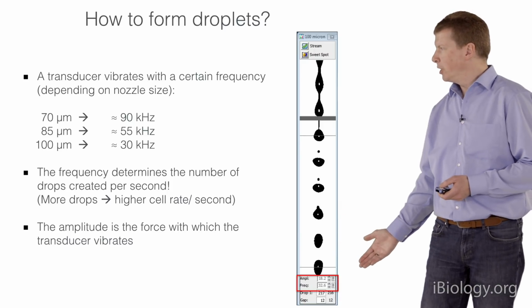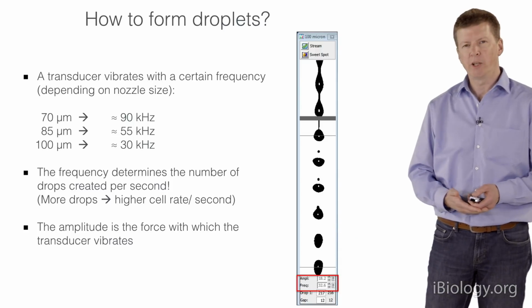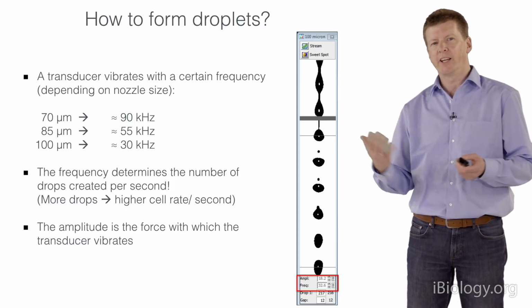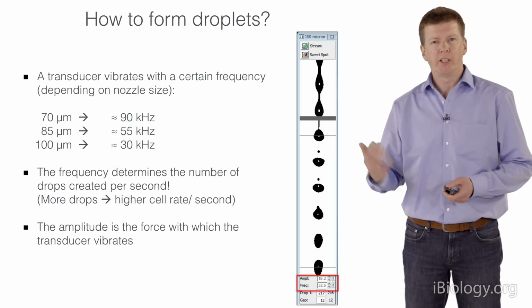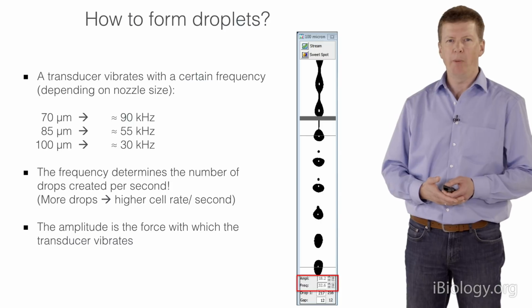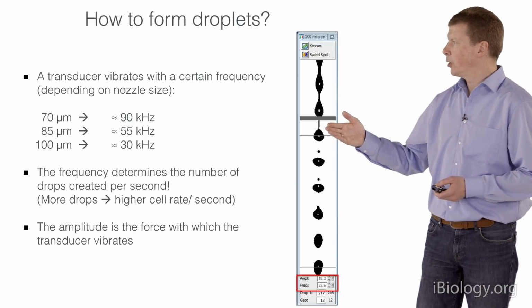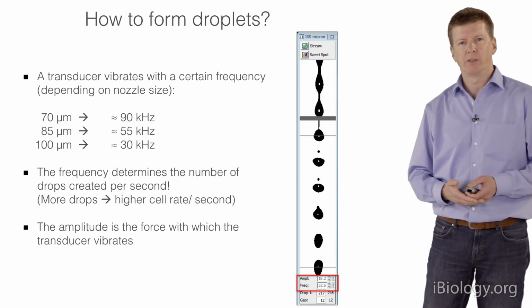There are different possibilities how to control our droplet break-off. One of them is the amplitude, and again, when you think about a loudspeaker, the audibility of the tone would be comparable here to the amplitude, to the force we are applying to the stream, and with that we can adjust the drop one formation in a very rough manner.